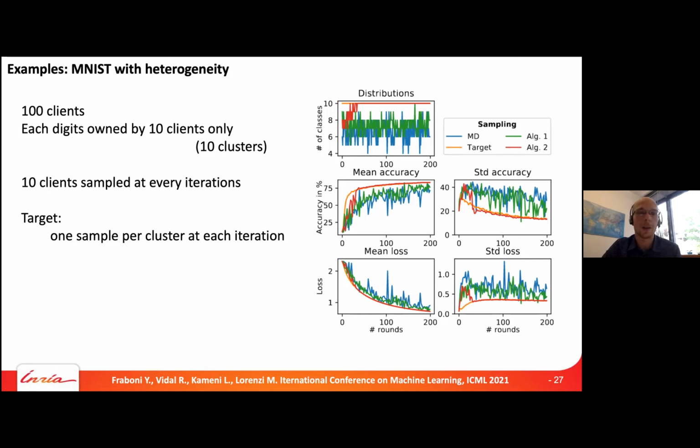Not each client, but each class, which is what we want. I thought each client was actually, each number was in one class, one client. In one class. So there are 100 clients. Ah, okay. And 10 classes, so 10 clusters of clients. I see, okay. Thank you. Of 10 clients each. So these are the classes which are sampled, correct? So that are the unique classes which are sampled at every iteration. I see, okay, thanks.